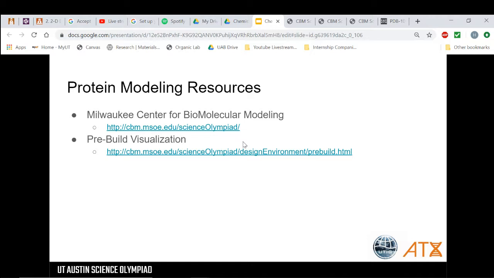Another big part of protein modeling is JMOL. It's the program that you actually use to visualize the protein, and you need to use that visualization program to build the protein. So this is what this year's